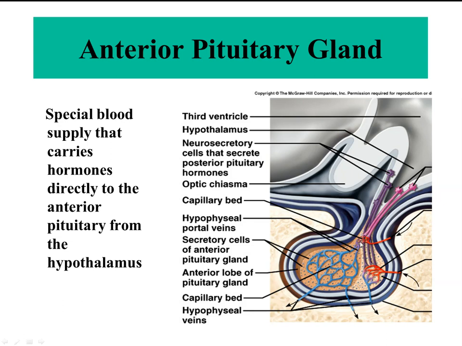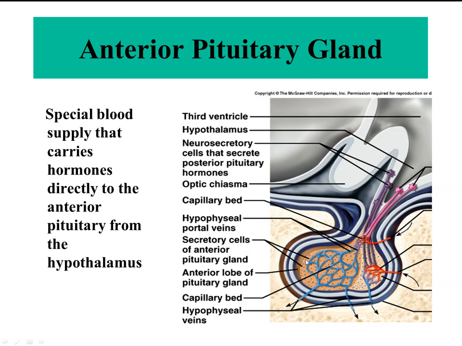Okay, see this, this is vascular, this capillary bed. Remember you have arteries to arterioles to capillaries to venules to veins. And so here there is an arteriole that comes in to capillaries, and then from capillaries to venules, and so these veins